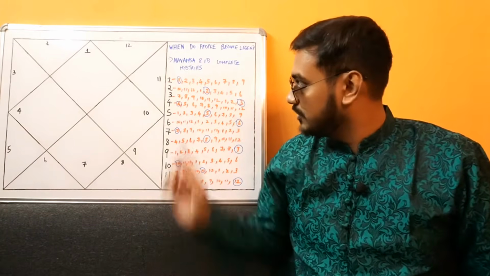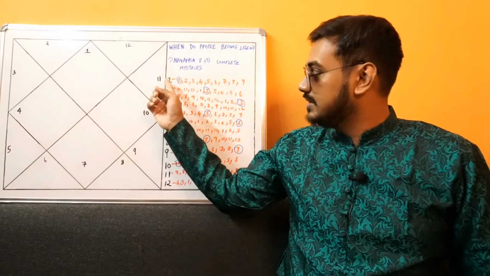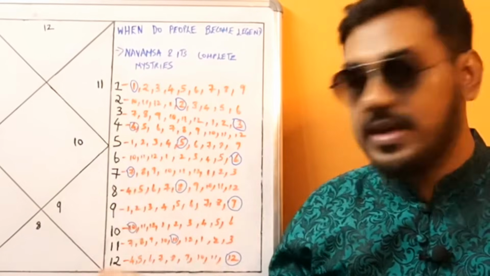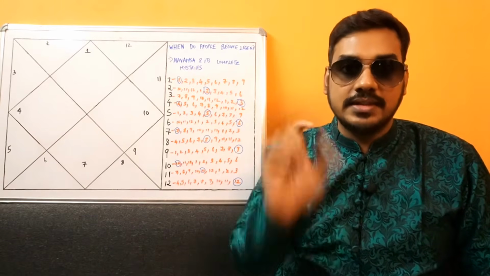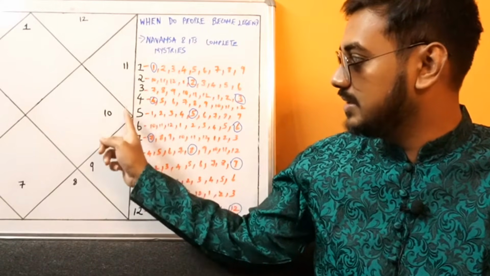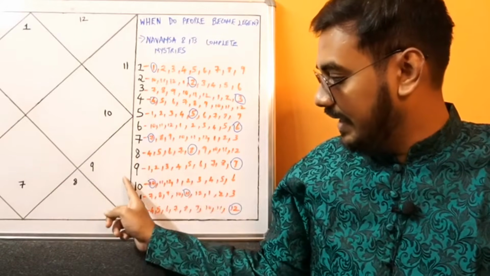So, there is a rule that these numbers 1, 2, 3, 4, 5, 6, 7, 8, 9, 10, 11, 12 are the numbers of the Rashis. So, this is Aries Rashi, Taurus, Gemini, Cancer, Leo, Virgo, Libra, Scorpio, Saggy, Capricorn,